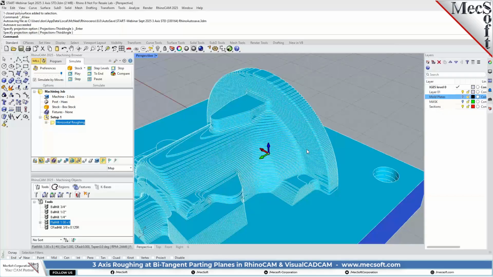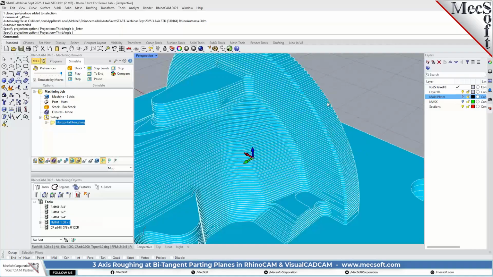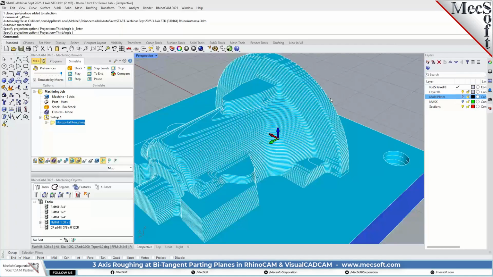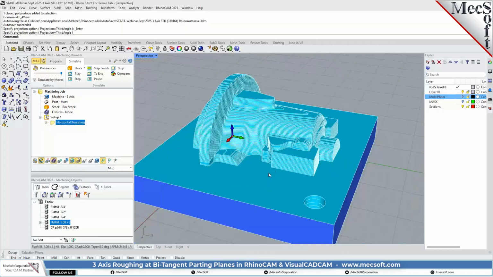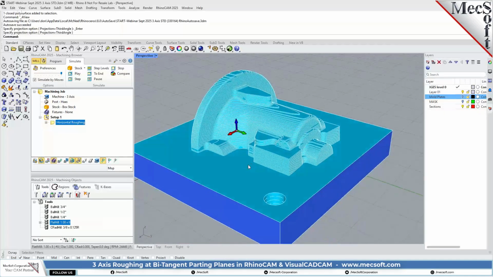And the outcome is that not only does it add additional step downs here, but it eliminates you having to do all of it in one 1/2 inch step down, which means you would have to come back in maybe with another operation, maybe with another tool to work it down. We're doing it all in one operation using the step minimization options that are available in the horizontal roughing. Okay. Now,